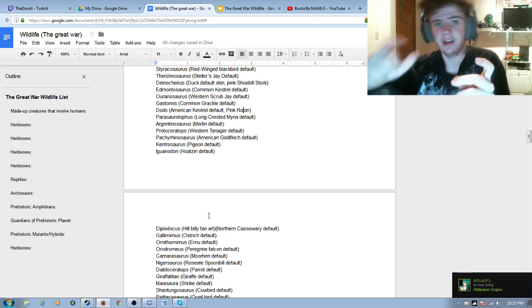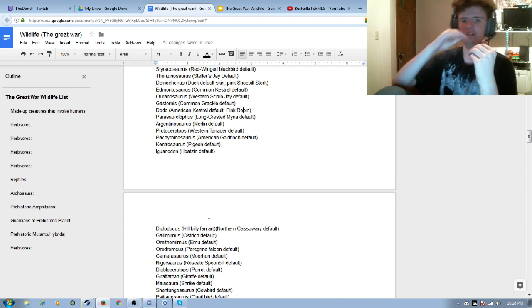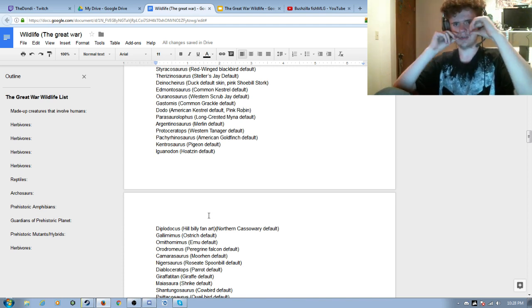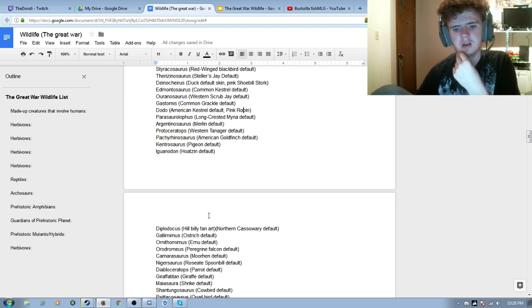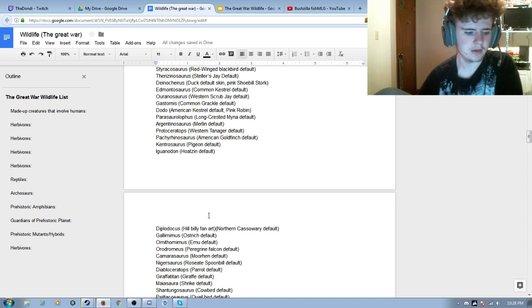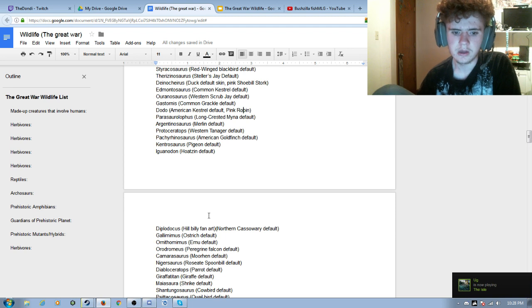which I actually need, like with buck teeth. Of course, make it have its lips lifting up. Not like it looks like the lips are removed, but make sure you have the lips raised, and put some farm clothes on them. Northern cassowary default, which is for the Diplodocus because it has that weird neck, like that yellow cassowary thing. Gallimimus ostrich default, Ornithomimus emu, Orodromeus peregrine falcon,